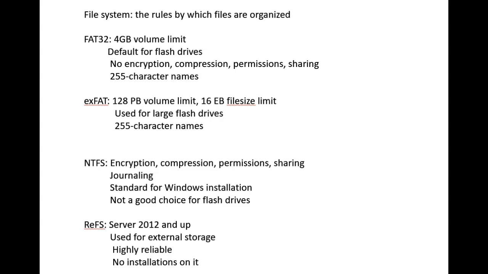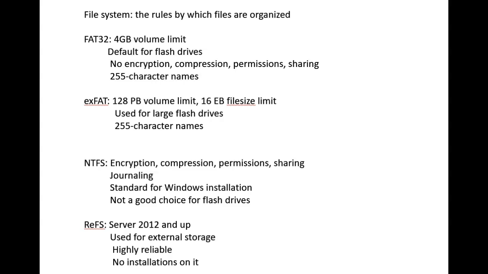By tracking those changes, it can heal itself somewhat. So if there is corrupted data, it has a good chance of uncorrupting that data. And so that journaling system is really nice, although it does slow it down a little because it's constantly reading and writing, keeping up that journal system.